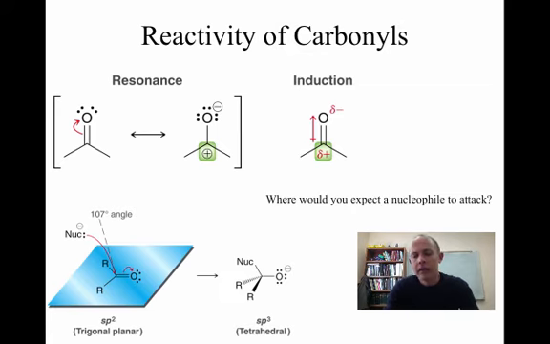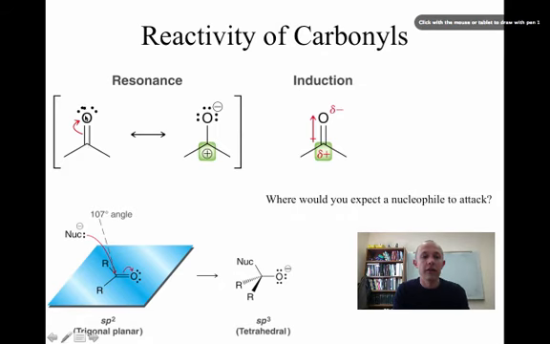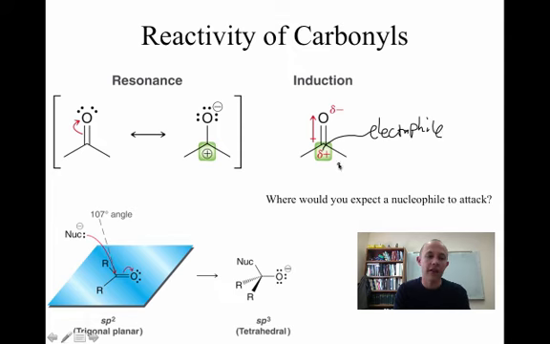Okay, so now that we know how to make ketones and aldehydes, let's talk about the reactions that they undergo. And we can rationalize the way that ketones react by looking at their structure, right? Remember that all ketones contain a pi bond between 2 different atoms and have a resonance structure that places a positive charge on a carbon. And similarly, the oxygen is more electronegative than carbon. So this carbon is going to have a positive charge, and it's going to want to be attacked by a nucleophile. So the carbon of all ketones and aldehydes is a good electrophile,